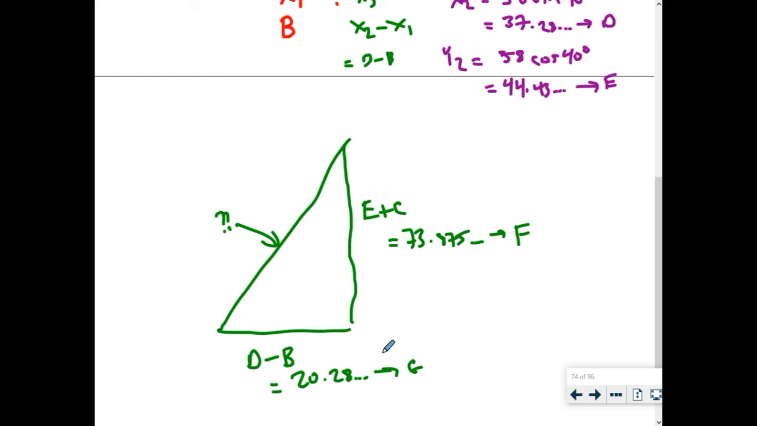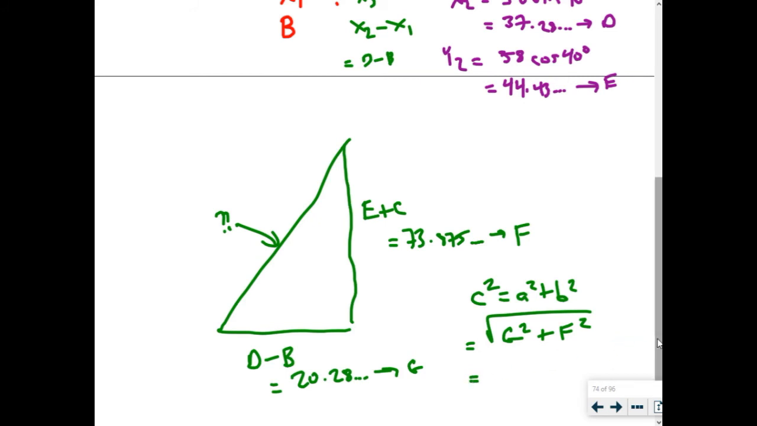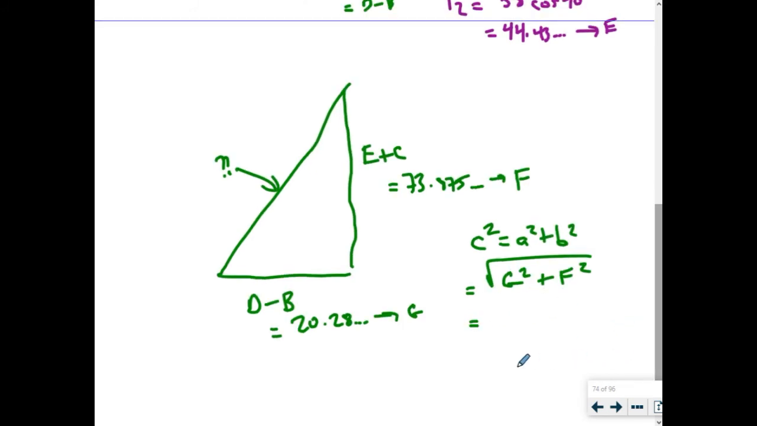Okay, last step is now that I know all of these sides, I'm really looking for this hypotenuse. And so there's only two steps remaining. One is to use Pythagoras' theorem: C squared equals A squared plus B squared. And so if I square root G squared plus F squared, that's why I saved these numbers, that should give me my final hypotenuse. So here we go. G squared plus F squared. Oh, and don't forget to square root this. I got a final value of